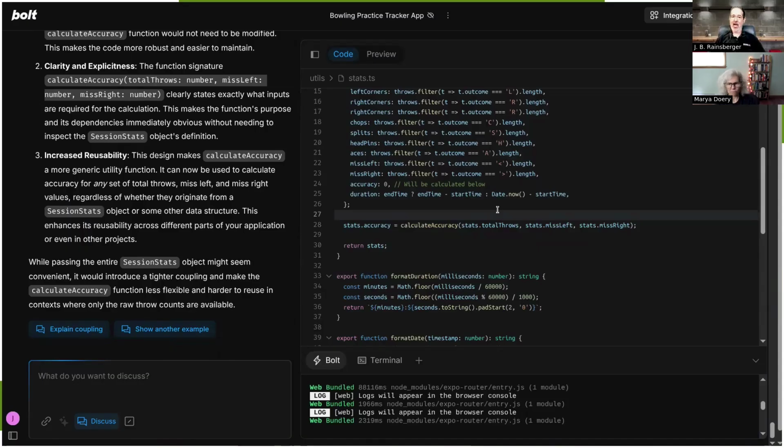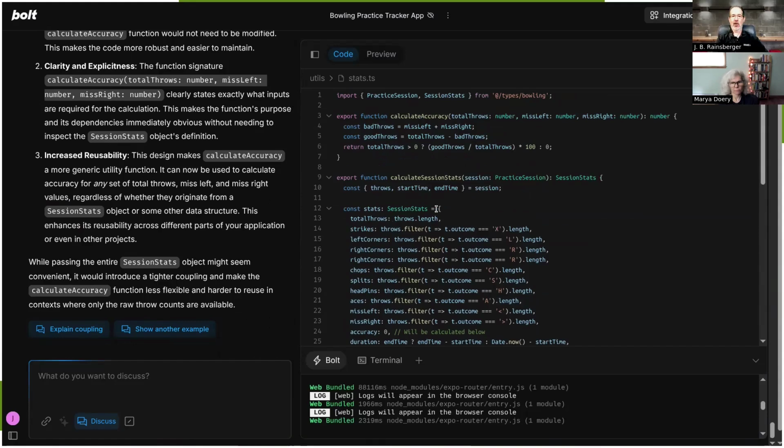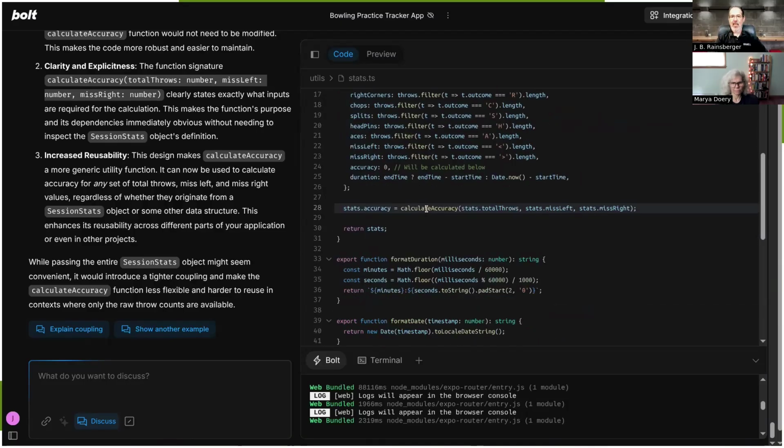It's tightly coupled because calculate accuracy has the knowledge of how to turn misses and throws into a ratio. However, every line of code calling it is now responsible for figuring out how to distinguish the misses from the hits.